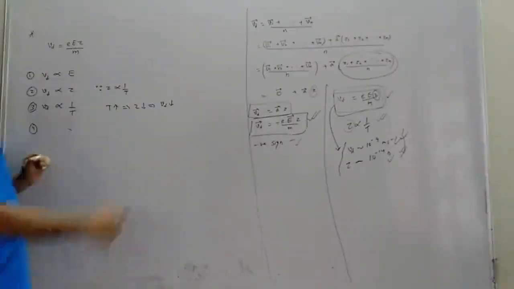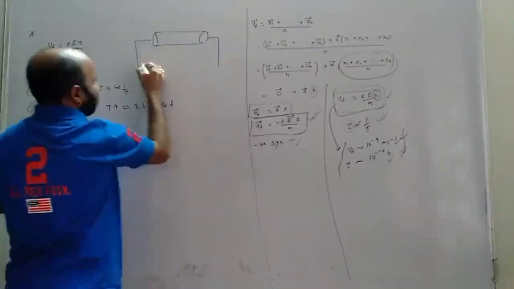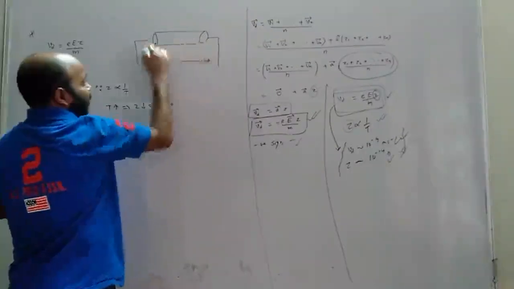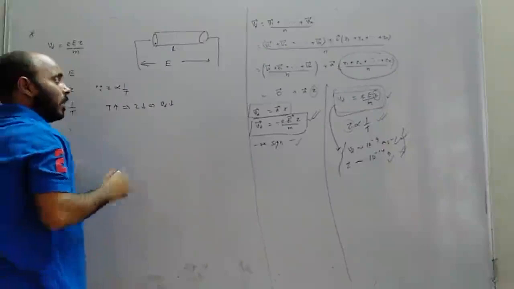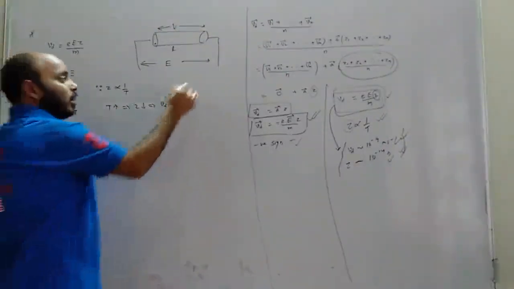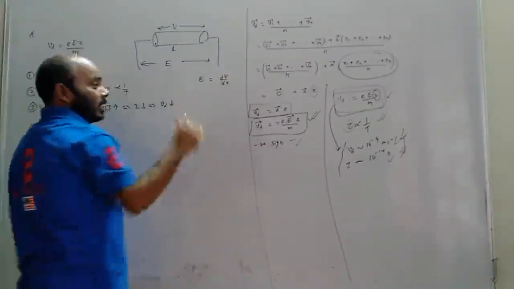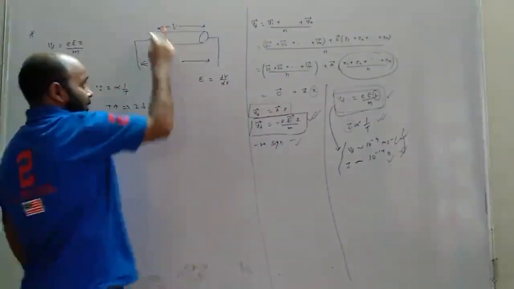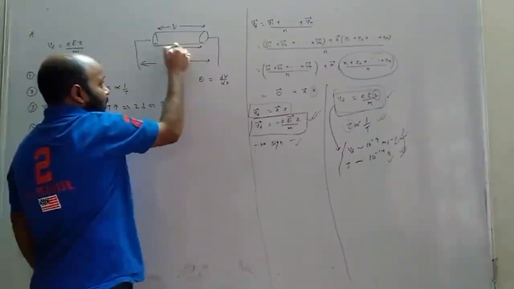So we have to derive it. How? See here. This is very important, where students forget. What is electric field? Electric field is across these two points, across the conductor. Let L be the length of the conductor, and V the potential difference across the conductor. We know that across any two points the electric field is dV by dr. We have studied this in the capacitance chapter. In the potential chapter, electric field across two points is equal to the potential difference across those points divided by the length between them.